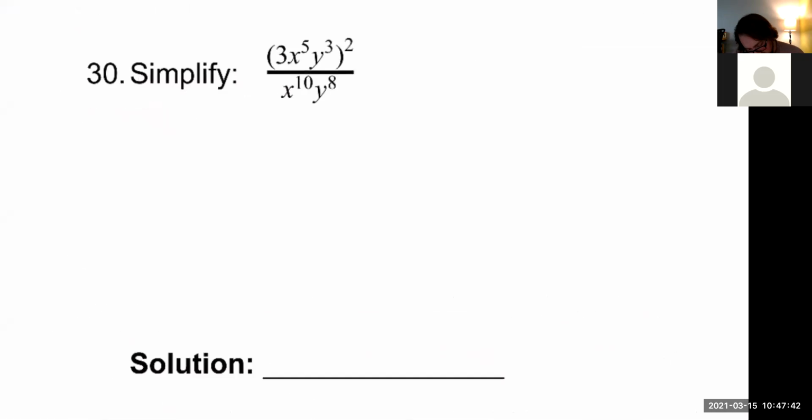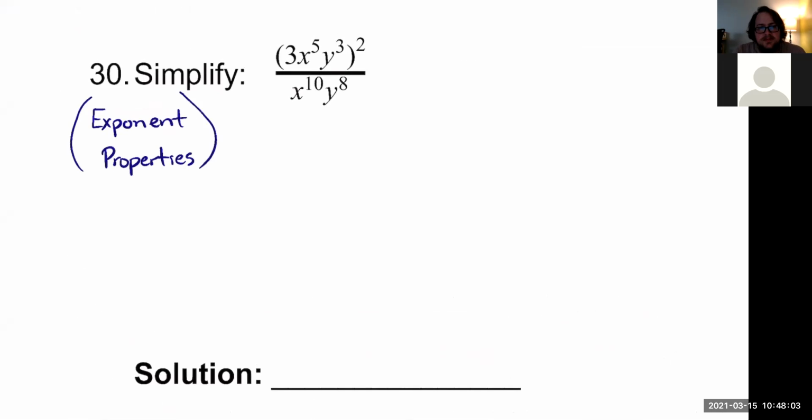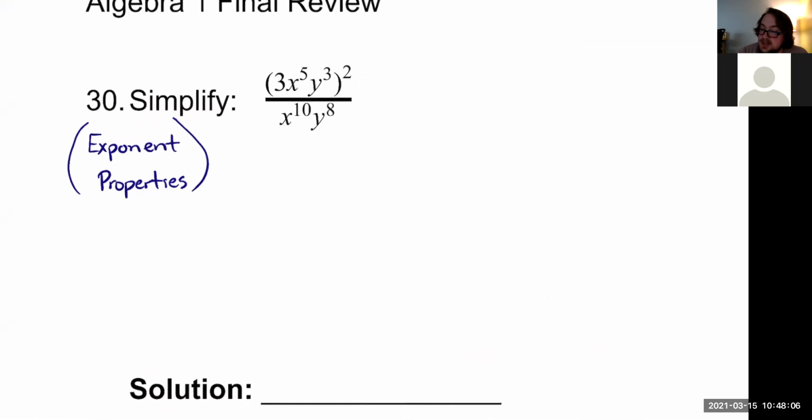All right, number 30 here says, again, to simplify, but if you look at this problem, what it's basically having us use is our exponent properties. So the exponent properties basically told us how we were able to manipulate things, change the way problems looked anytime that you had exponents in the mix. Now, with the word simplify, in terms of the exponent properties,